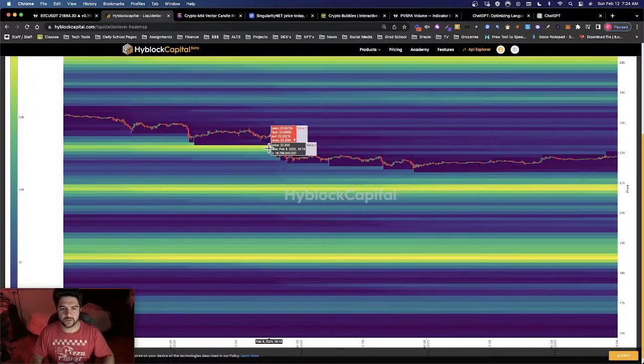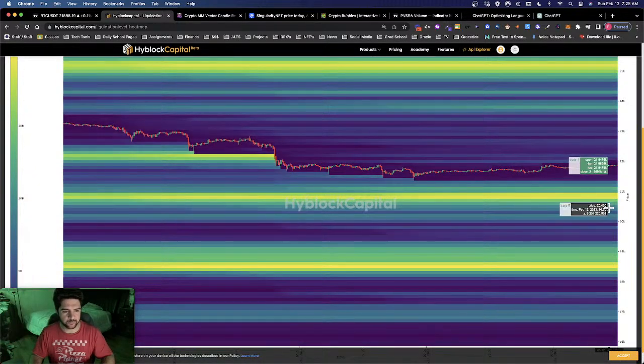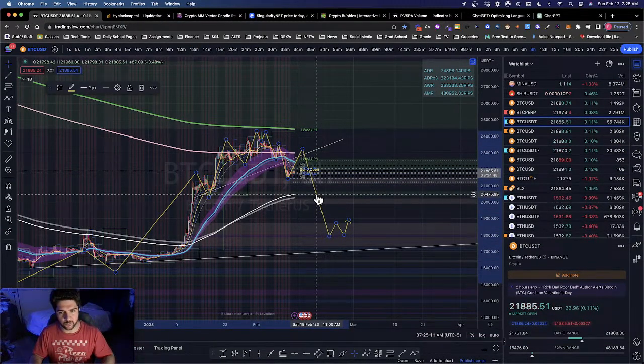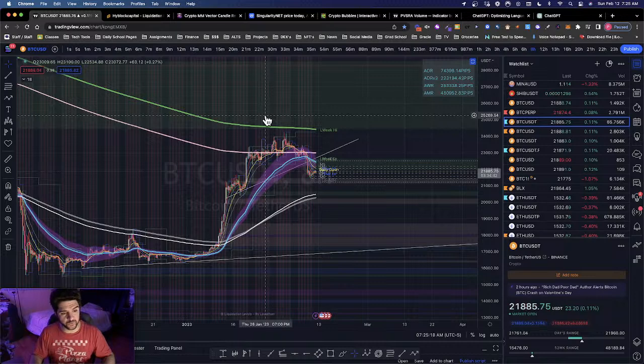Look, he's already taken all of this, right? Which then created all of this. But think about the ratio. There's 2 to 1. The chances are in favor of the downside according to the heat map. All right? There's more liquidity down here. And in fact, the longer that price stalls in this region, the more liquidity is going to be built down below, because when he comes back up, it's very likely that there's going to be more longs coming in